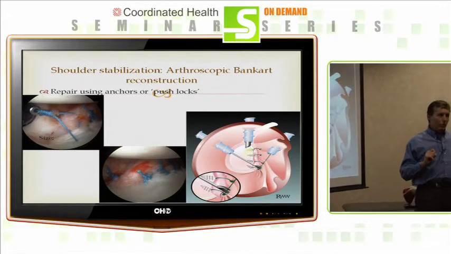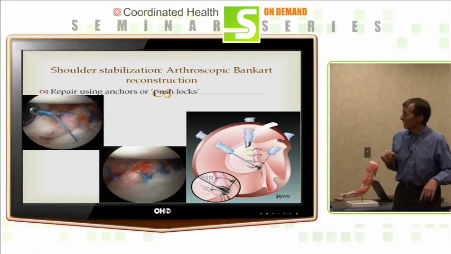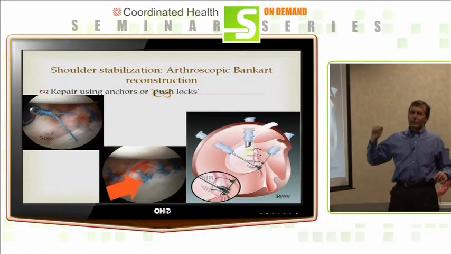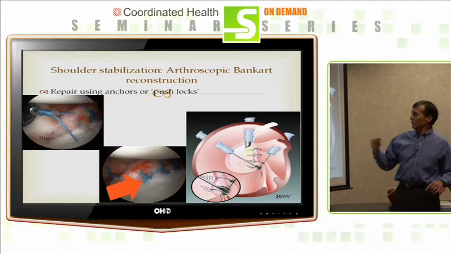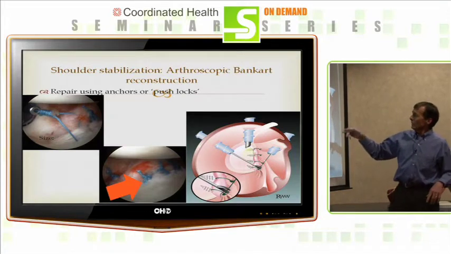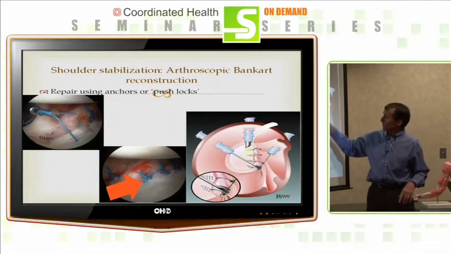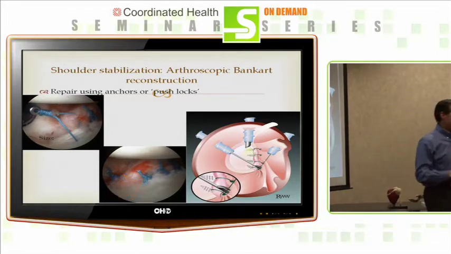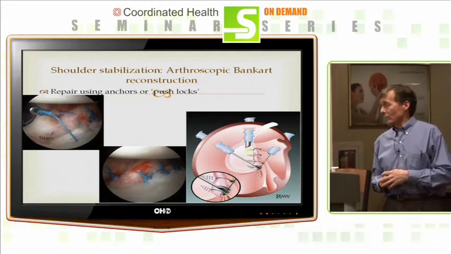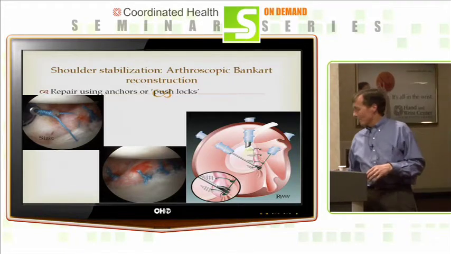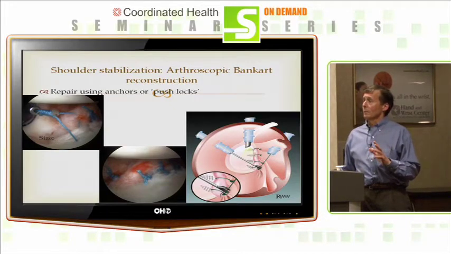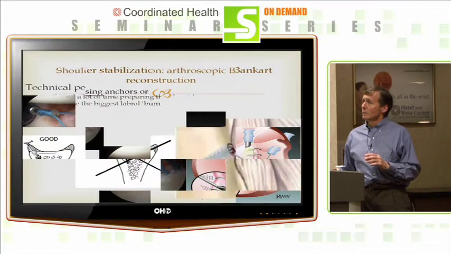The one new thing we're doing that's not in this particular presentation is, if you look closely, these are little knots, and we've always worried that those knots could create a little bit of irritation to the shoulder, and now we've gone knotless. So these sutures actually go into the implant without having to make a knot, and we've been doing that for about a year and a half, and I think that's made it better surgery, better technique.